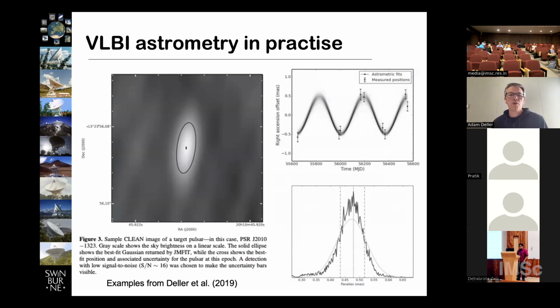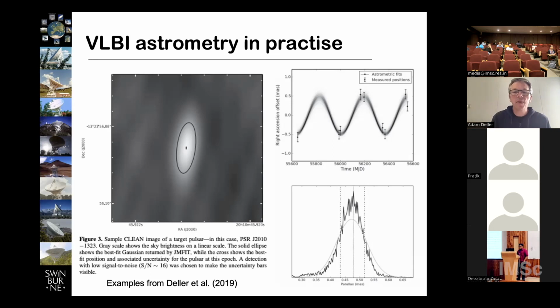So I've just got a bit of an illustration of this from a paper of mine from a couple of years ago, with just a very boring example image, relatively low signal to noise, actually, just because if the signal to noise is very high, it's very hard to even see the error bars on the measured position, which are shown in the middle here. So we're basically fitting the centroid of the emission of the source. That gives us a position and an uncertainty. That would give us one of the points shown over here on the right. And then by observing, in this example, 8 times, I think, 9 times, we can then go and fit for those 5 astrometric parameters that I mentioned before.